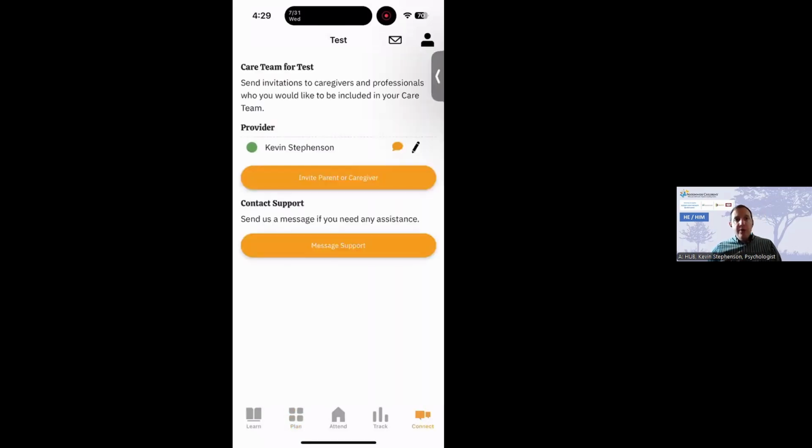When you are using the Attend Behavior app with a clinician, they're usually the ones that send the code that was asked about in the chat. So traditionally, there's a professional that you're working with that can provide that code for the subscription. But once you have that set up, one of the things I really like about the Attend Behavior app is that you can invite other parents or other caregivers or even other providers.